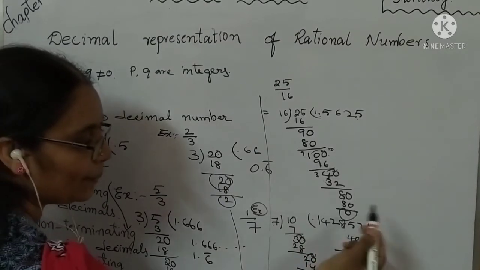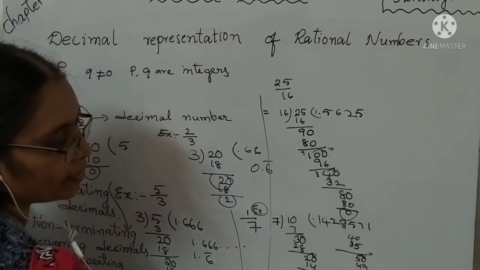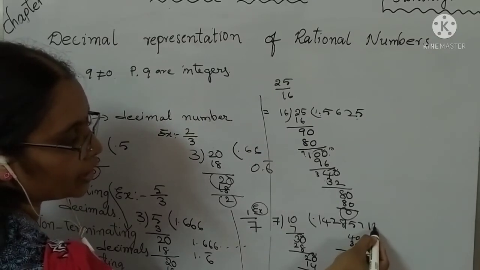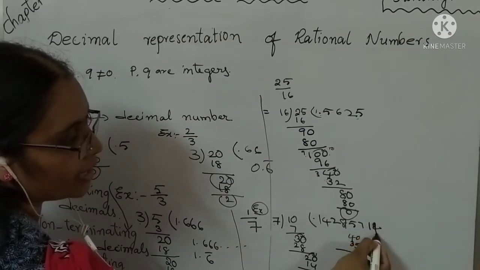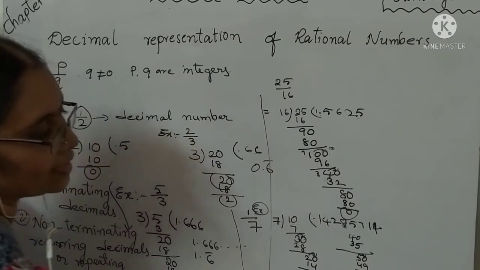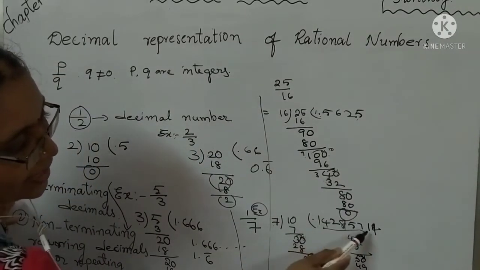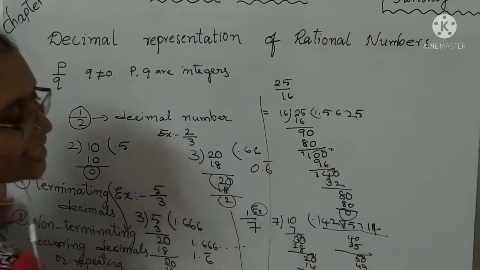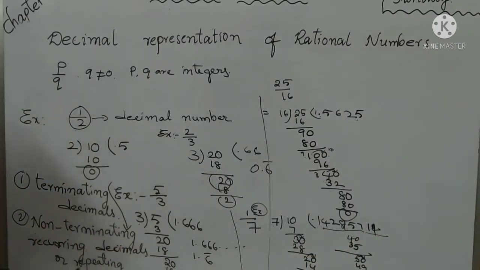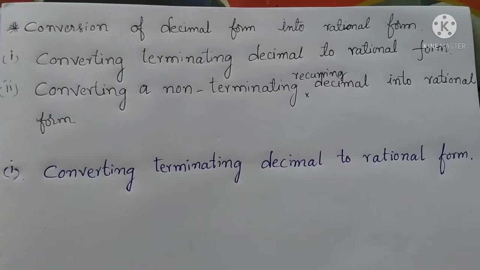At the same place, so here 0.1428571. So again it is repeating. Next, take the 0. 2 times, 3 times, 4 times, again 4, 28. So already here 0.14 is completed, up to here one is completed, again 1 4 2 8 5 7 like that only. So these are called non-terminating recurring decimals or repeating decimals.